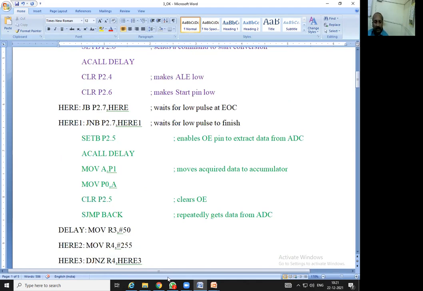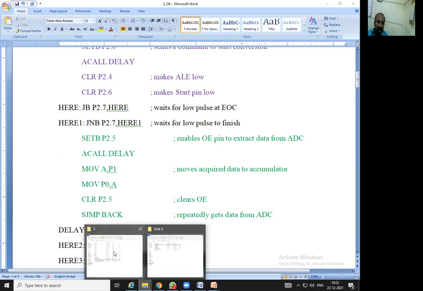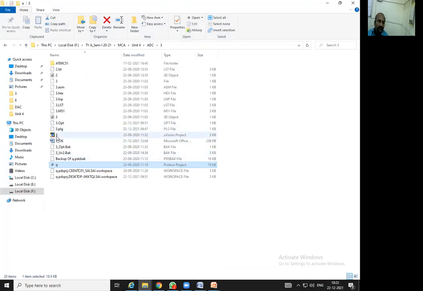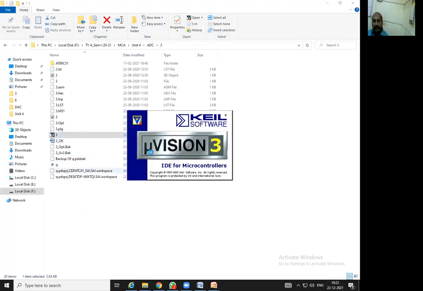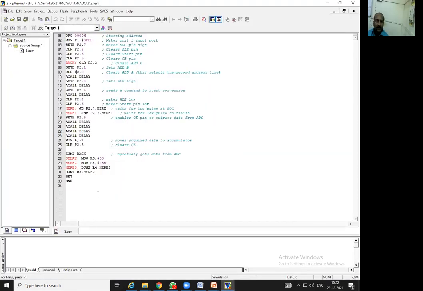Okay, the same program I have used in Keil. So I will just open the code now. So this is the code we have written, executed, compiled, 0 error, 0 warning. With this, I will just attach this Word file also in our study material, so that it will be a ready reference for you for doing the practical or the coding study also.